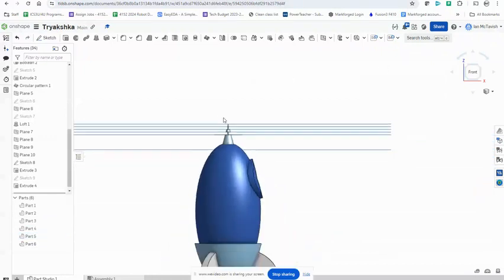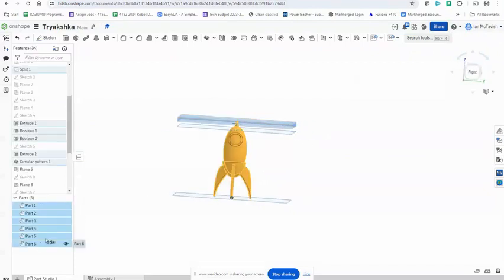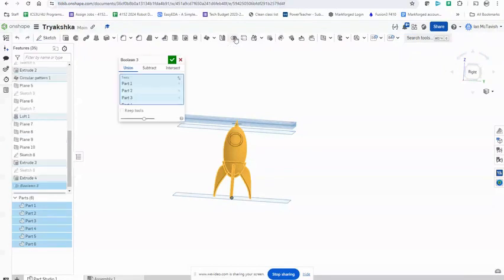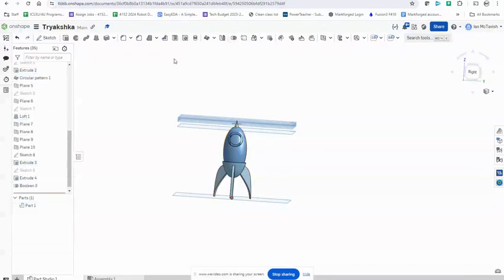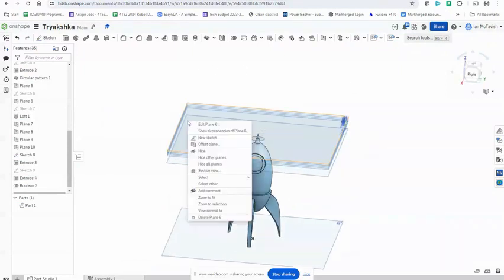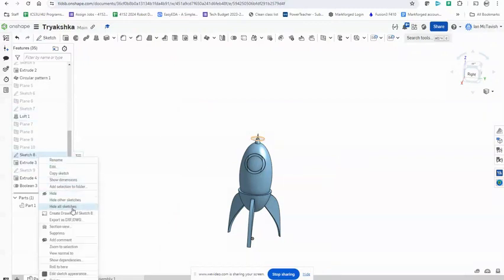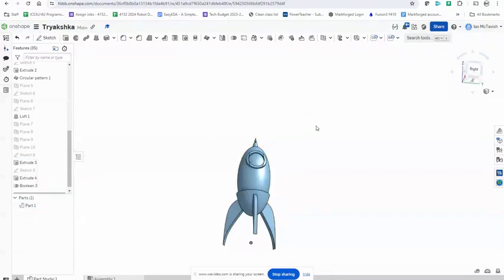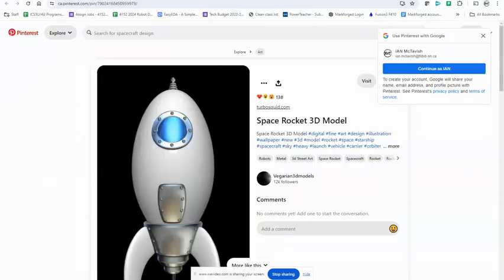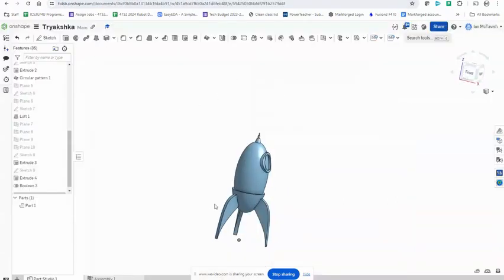show all parts. I'm just going to take all the parts and create the Boolean and union. That's all one big piece now. I'm going to hide all of my planes. I'm going to hide all of my sketches. And now I've got this, and I don't have this nice curve thing, so that's where I'm going to start